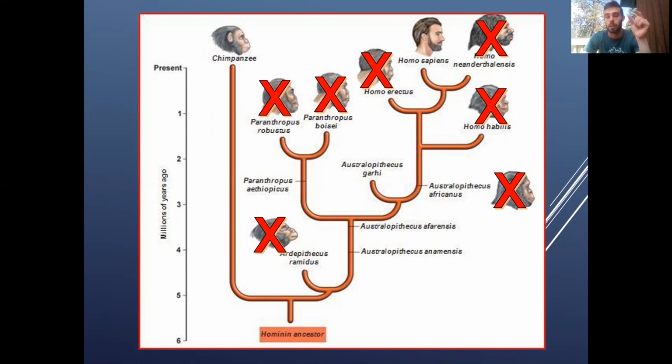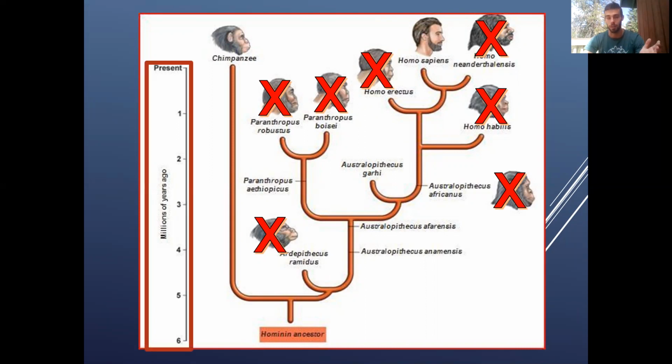So now what we're looking at is the extinction of our closest relatives. Now all we see are chimps and humans, and that gives the appearance that we came directly from monkeys, but we didn't. Chimps are just a cousin of ours